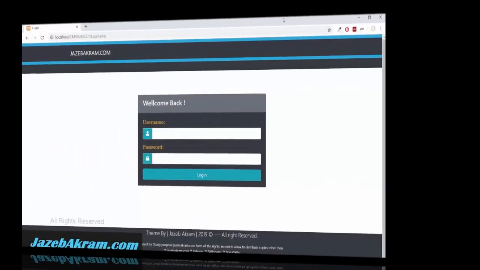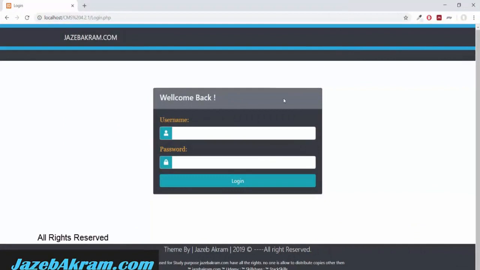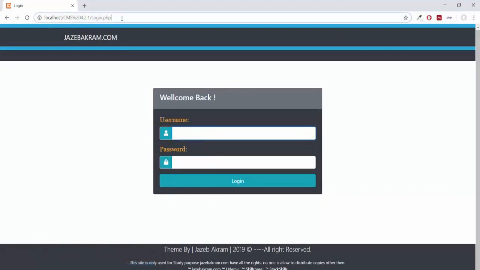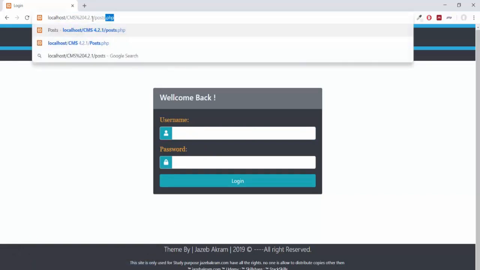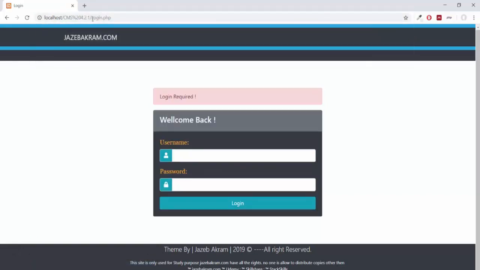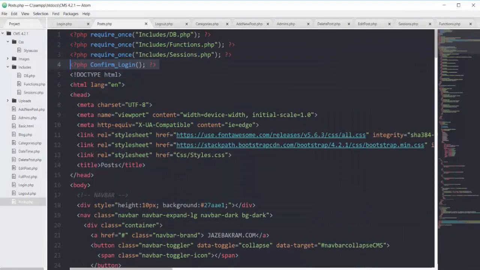In this movie, I will make this login process more efficient. Let me show you what we are gonna do in this lecture. For example, if I come to this page of posts.php, it redirected me to the page of login.php just because of this confirm login function.